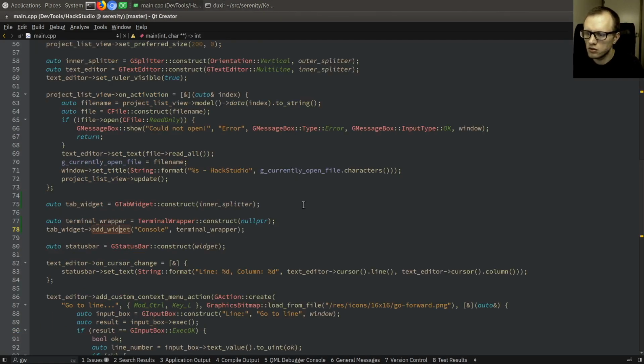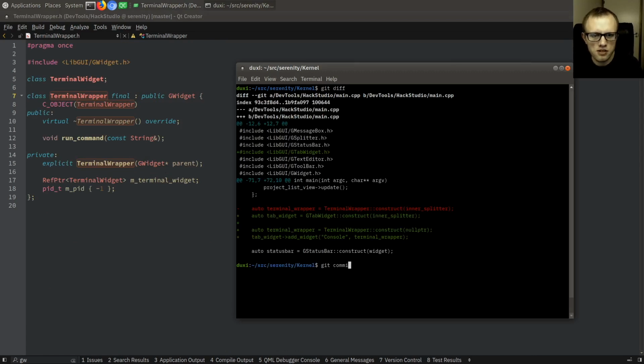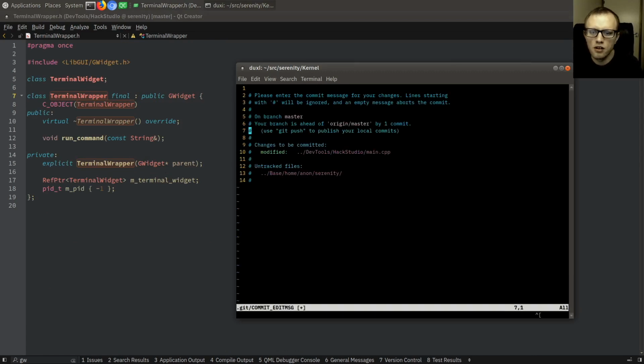So let's add now, oh, hold on. Let me just commit this change to the Hack Studio as well. It's annoying that my cursor in Vim ends up in different places. I guess it's remembering the cursor position of the last time I edited this commit message. So it ends up on a different line every time, and I always have to start by jumping to the top. Anyways,